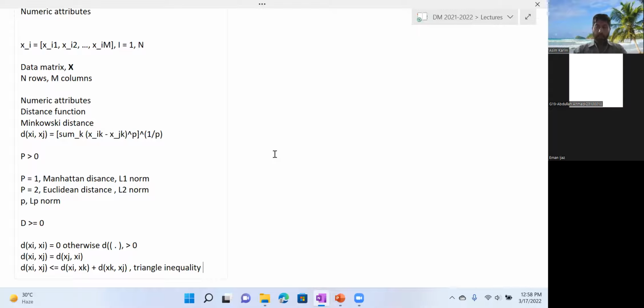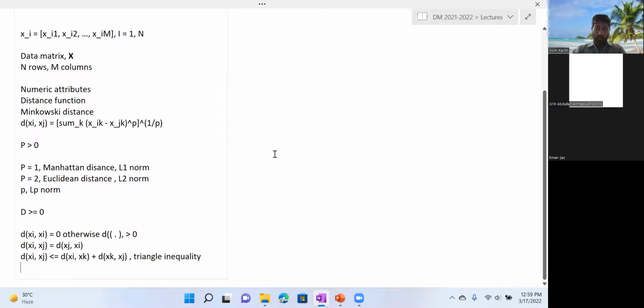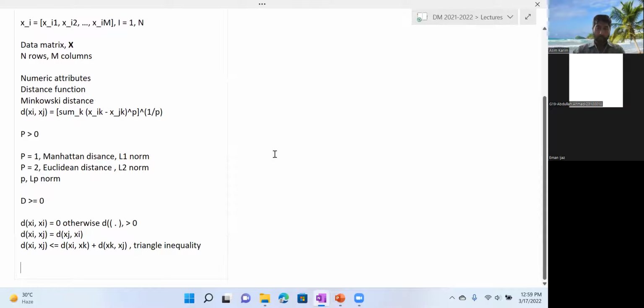So we have the symmetry property, the triangle inequality, and then of course the first property where distance should always be greater than or equal to 0, and it's equal to 0 if and only if the two objects are the same. Together these three properties are desirable in a distance function or a similarity function or a dissimilarity function. And when these properties hold, we call the function a metric. So you might see this terminology used